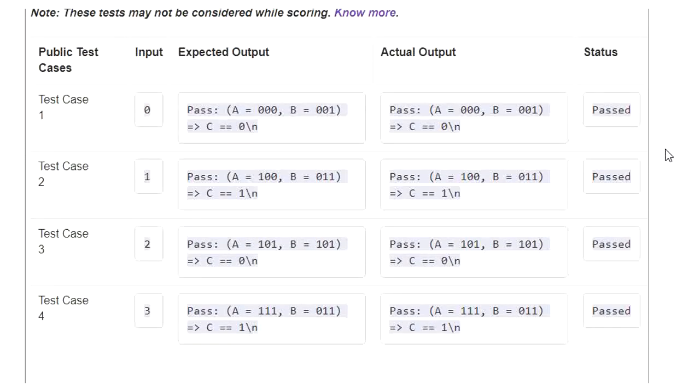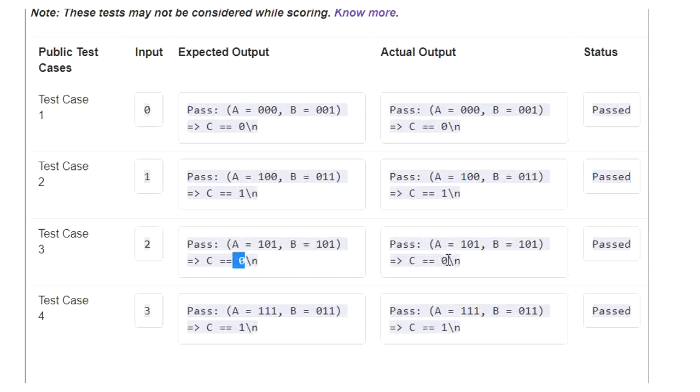You can observe here for these 4 cases of inputs: for 0, 0, 0, 0, 0, 1, obviously A is lesser compared to B, that's why the output should be 0. Here we are getting the actual output 0, it is passed. Similarly for the second case, here A is greater, B is lesser, it is passed. In the third case, A and B are equal, so the output should be 0.